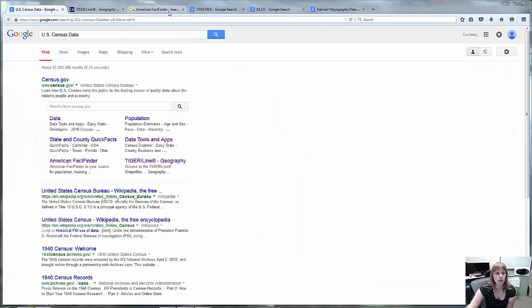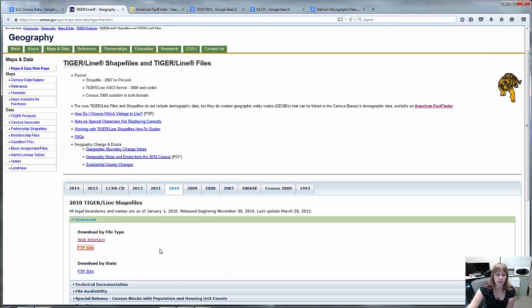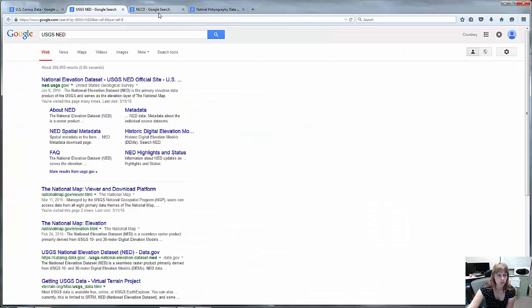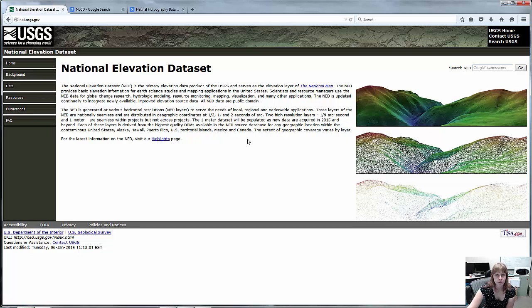Now that we've gone over how to get the Tiger files and the tabular files, we're going to go to the National Elevation Dataset. This dataset is a little harder to get, but it's very good if you need elevation data that is freely available. So this is what the page looks like. This is a little confusing because they just recently changed how to get the data, so they haven't quite updated the website yet. But you want data. So if you click on data